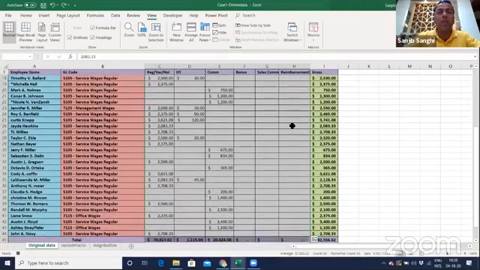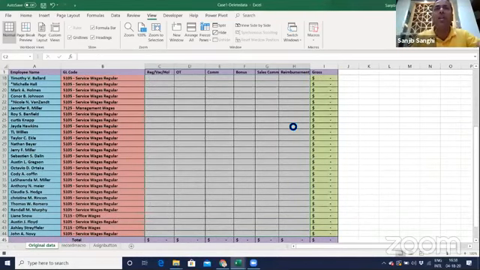I'll come up over here and I hit delete. That's all I have done. Easy. And I go back over here and I stop recording. What I did is I manually deleted the whole data under a record macro and I stopped the macro, right? So this macro is recorded.